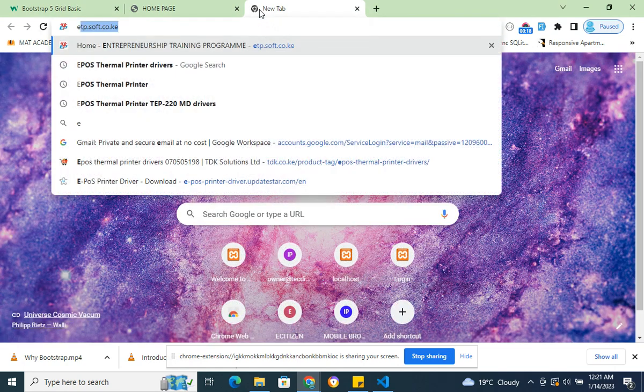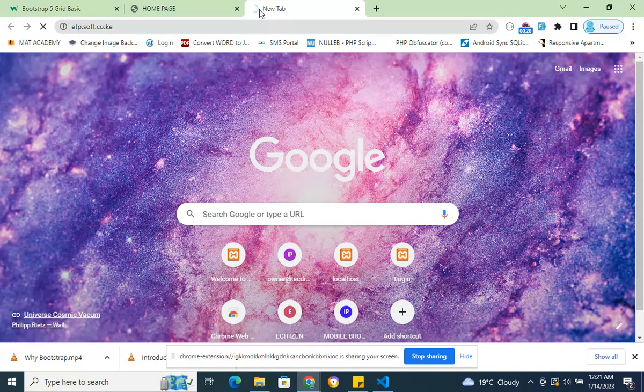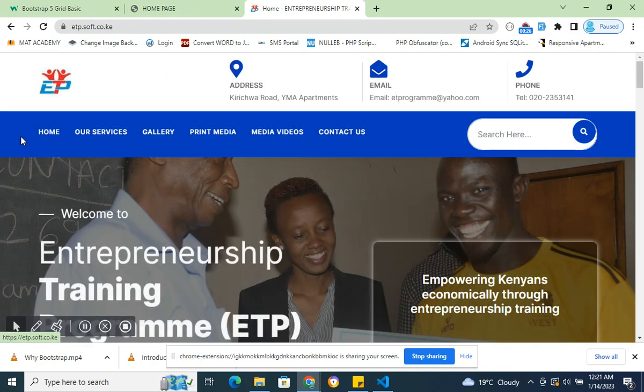Welcome once again. Today we want to at least start creating our application. We will of course start by creating the navigation bar. Most websites always have a navigation bar on top. Like if you say, let me try this website, tp.soft.co.k, the first thing that you expect is a navigation bar here that you can be